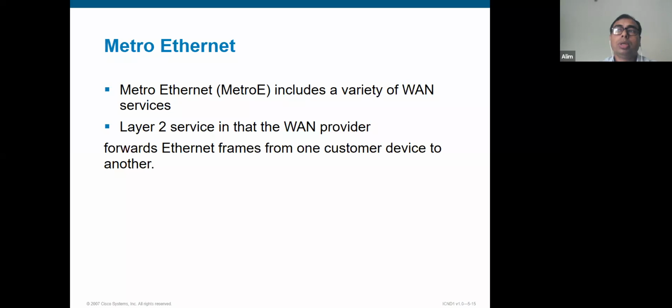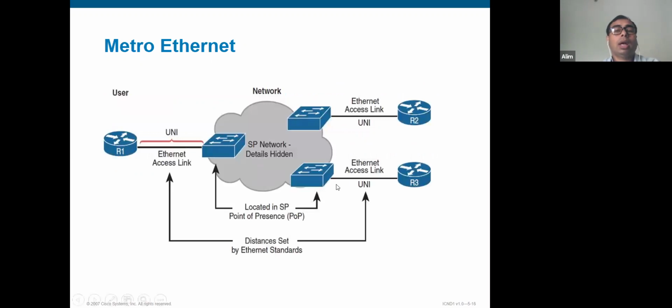So you don't need to share routing information. You will see that your headquarters router and branch router can establish peering, with no other devices in between. This type of service is possible with Metro Ethernet, which is provided by Metro Ethernet service providers like ISPs. Okay, so the network diagram would be like this. So in the cloud-like figure, can you